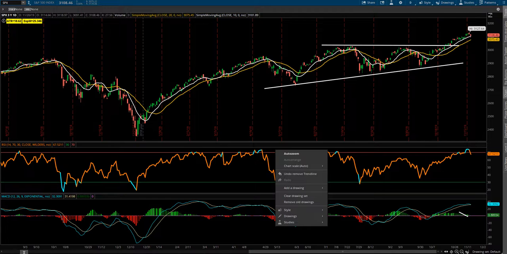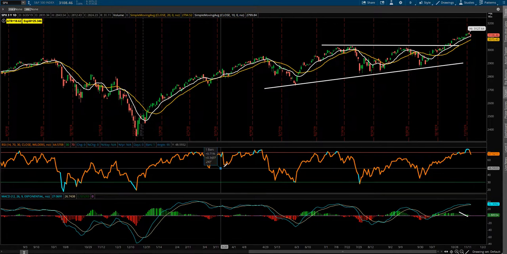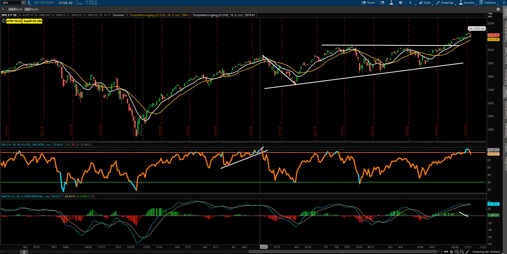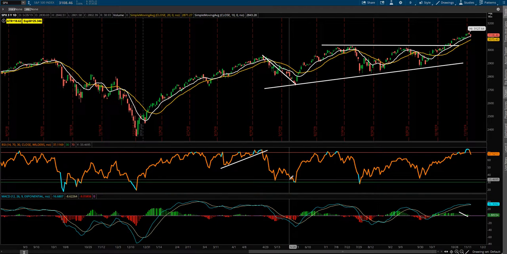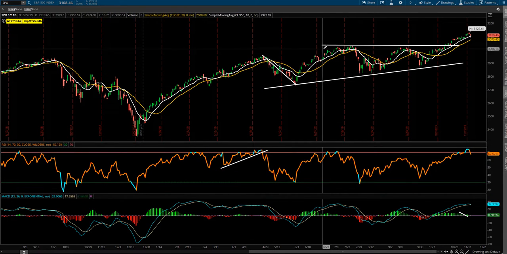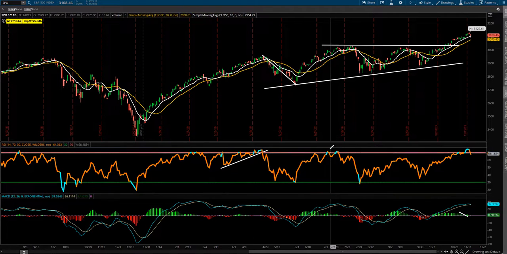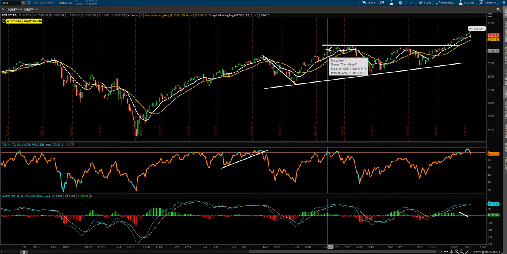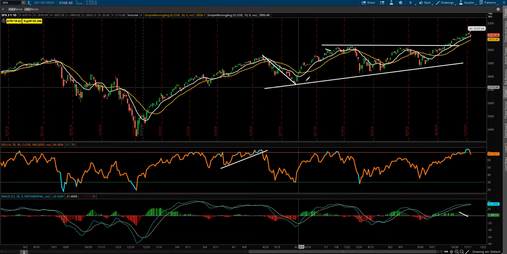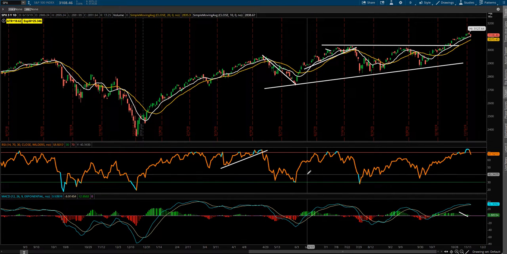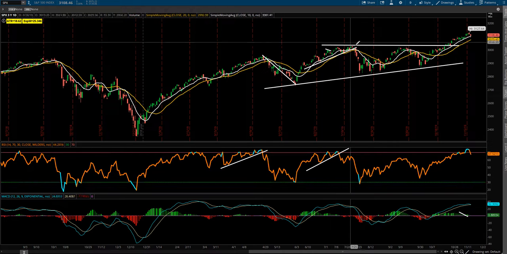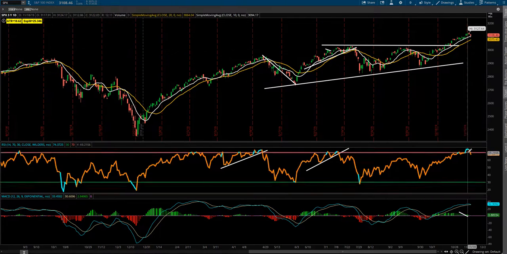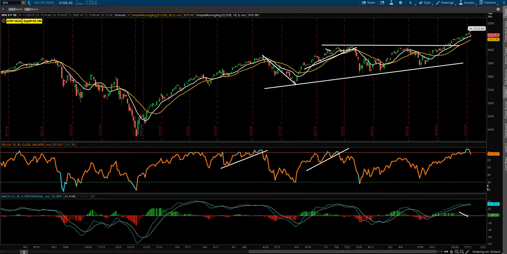So if we go back in time, for example, take a look at the last few times that we had some stronger sell-offs. It was after we had a move over that 70 RSI and then broke back below it. Now, it doesn't always happen immediately, as you can see on this one right here. The first pullback or break below 70 RSI was right here. It actually took about another week or two before that actually ultimately played out, and then you had that sharp sell-off right there.